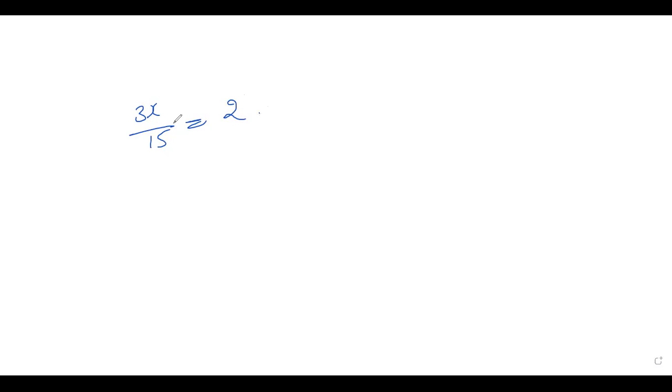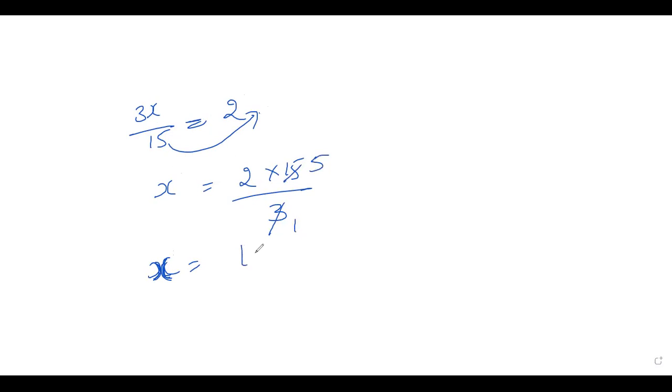Okay, we do not have any other terms. Now how to shift: 15 goes to the numerator and 3 comes to the denominator. Okay children, don't confuse, understand properly. 3 1s are 3, 3 5s are 15, 5 2s are 10. The value of x is 10. Okay, you verify the answer for this, children.